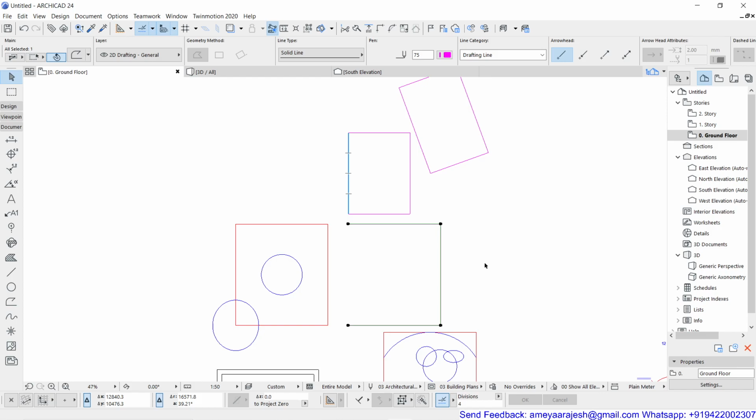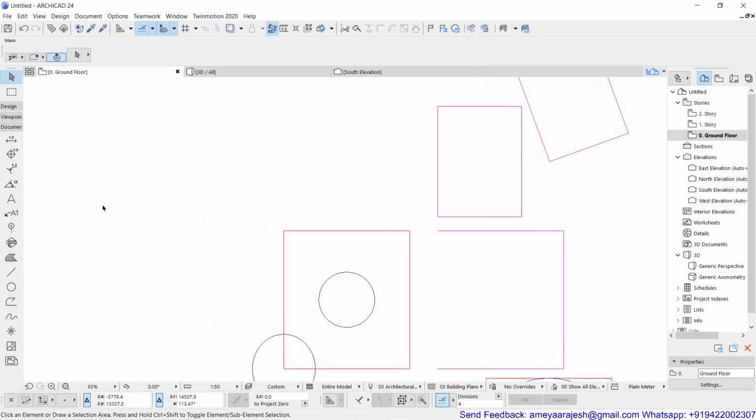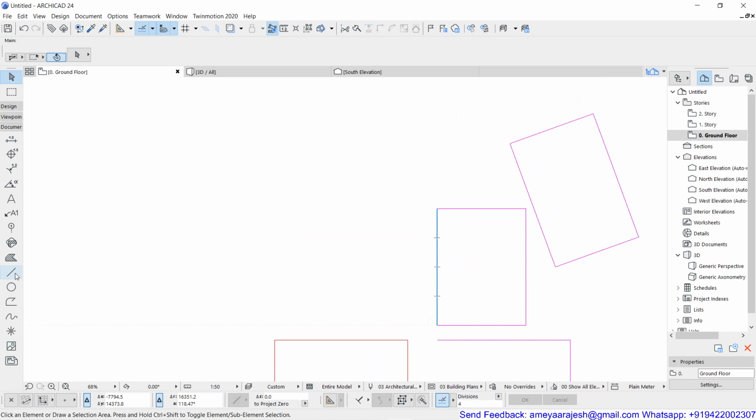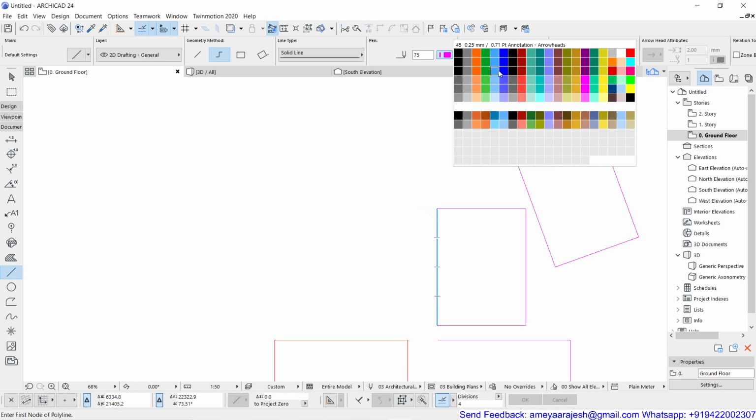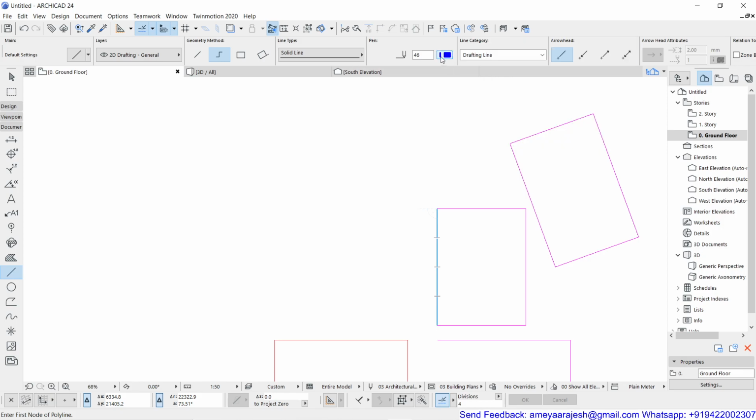Now, in case you're going to draw the same thing by using the line tool, I'm just going to draw a few things again. Say for example, I'm going to go back to the line tool, and this time again I'll change the pen number just for visual comfort. So I'll switch back to blue color, and then instead of a single segment, I'm going to draw multiple segments this time. I'll pick one point and then drag exactly horizontal, and from there I'm going to